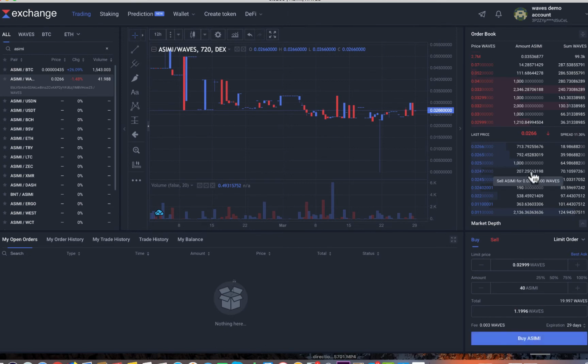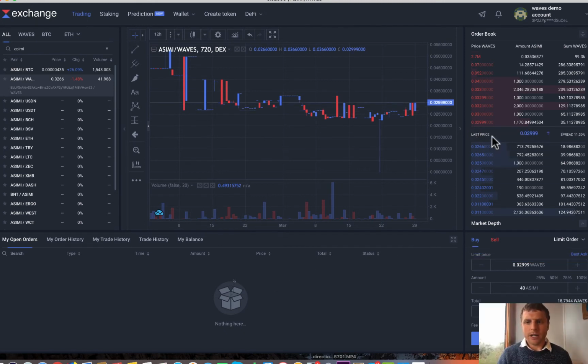You'll see the order is created, and then the order book will show, but because that order was already there, it will basically fill immediately, and the Asimi will already be mine because it's basically instantaneous. Now, if we were to place an order, just to be clear, that was somewhere in between here,